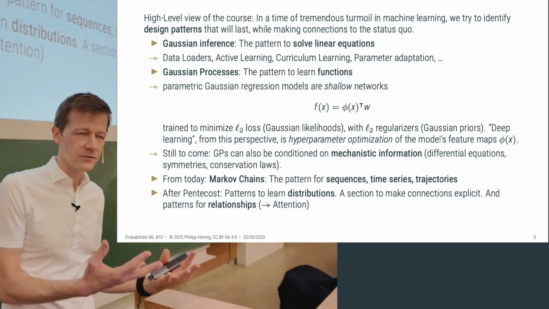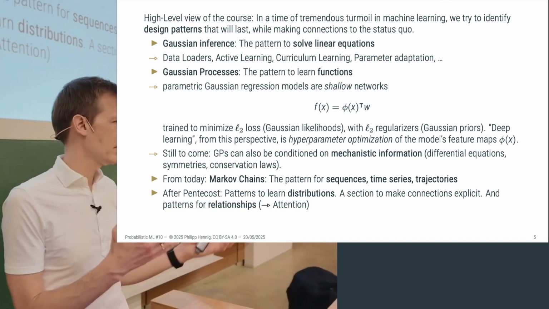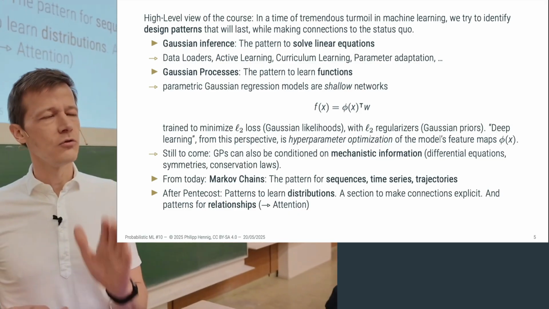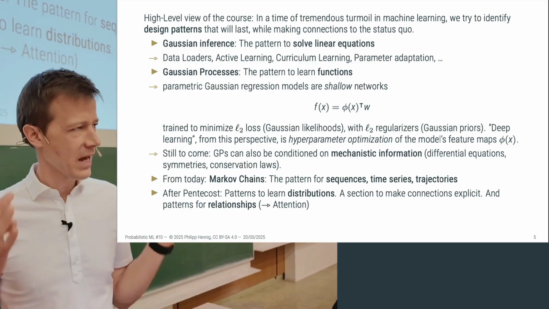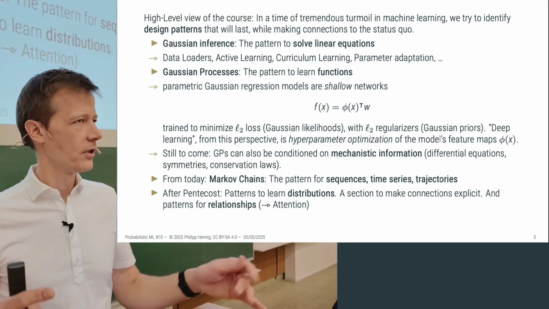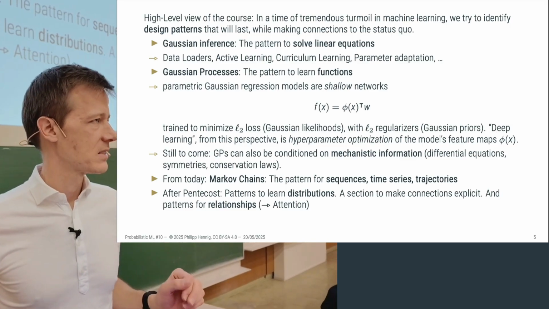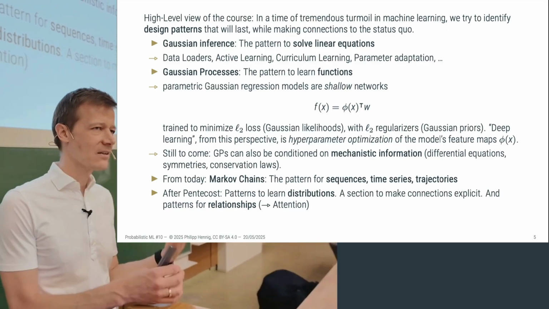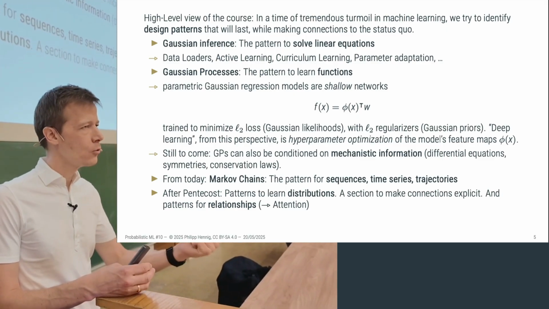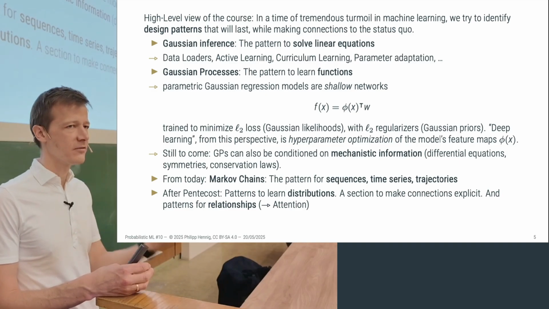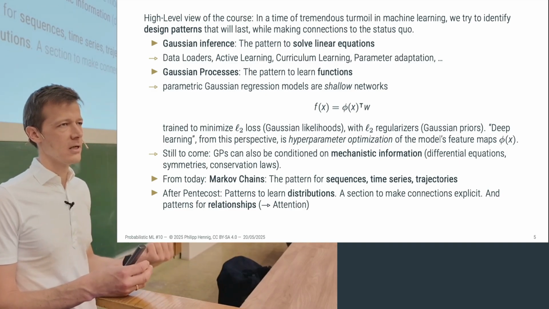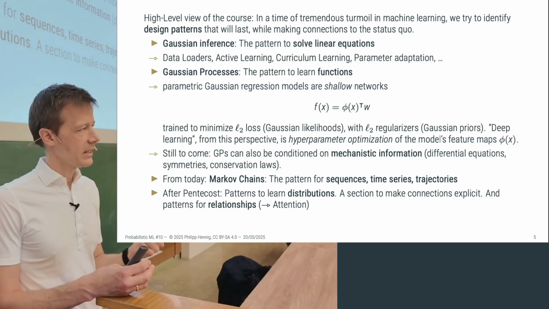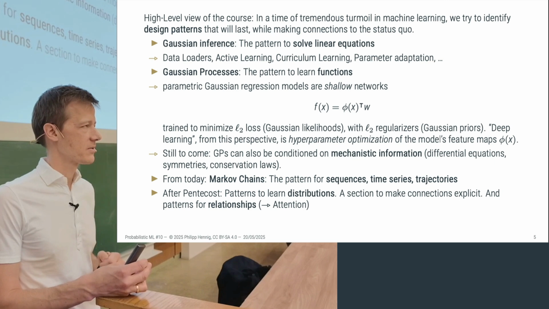In this first part of the course, the last, I don't know, 6, 7 lectures or so, we spoke about Gaussian distributions. And we discovered that they have two very interesting aspects that we can use as patterns of thought for what we're doing when we're learning things from data or from mechanistic knowledge. The first one was an active part, a question about how to collect information. That was the story of linear algebra. Gaussian distributions, or conditioning Gaussian distributions, is directly connected to the idea of solving systems of linear equations.